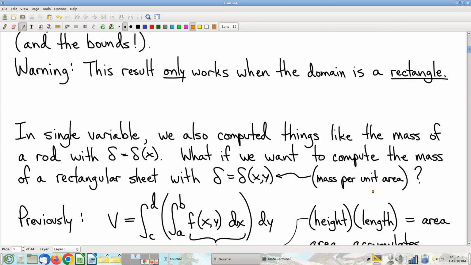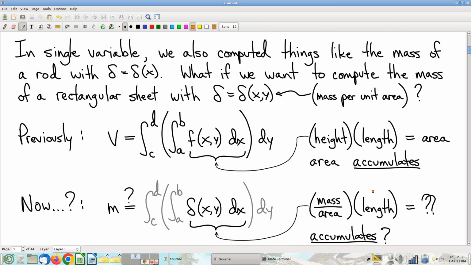Okay, last thing for today. I want to point out that when we did single variable calculus, the tool that we used to compute the area under a graph worked just fine for computing all sorts of other things. We computed the mass of a one-dimensional rod, or the number of bacteria in a petri dish, or various other examples that you all saw in your Calc 1 classes. You would think then that because this is a tool that we now use to compute volume under a graph, wouldn't you think